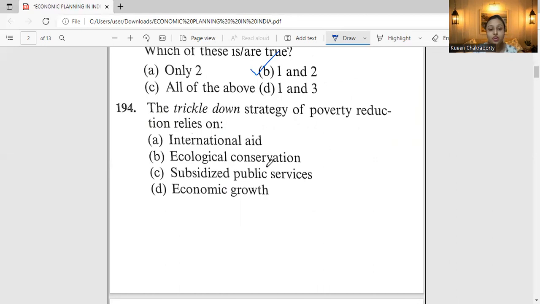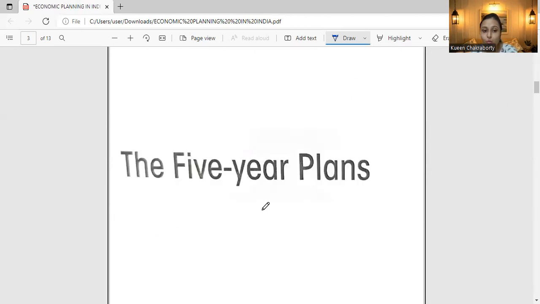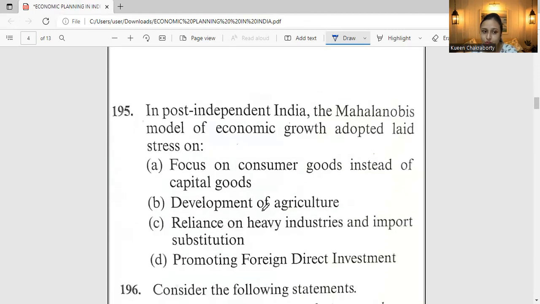So accordingly, option D is the correct answer for question number 194, which is economic growth. Okay. So next we will move on to question number 195. This is from the 5-year plans. Questions from that are related to 5-year plans, and we have question 195, which says,